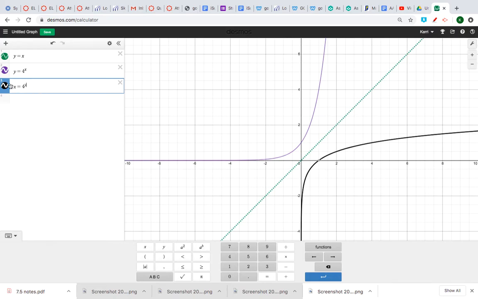But mathematically, I can't find this. I need to know what the inverse operation is. And that's where logs come in. That's what a logarithmic function is. It's simply the opposite of an exponential function. So